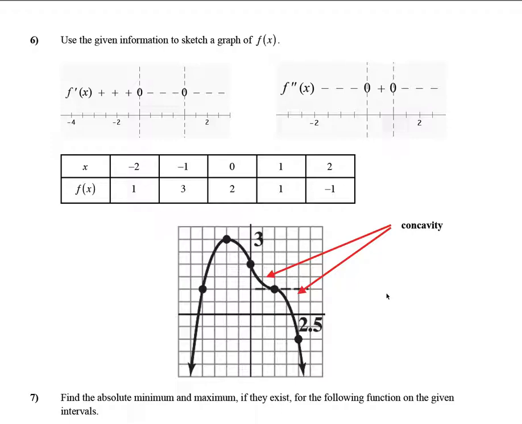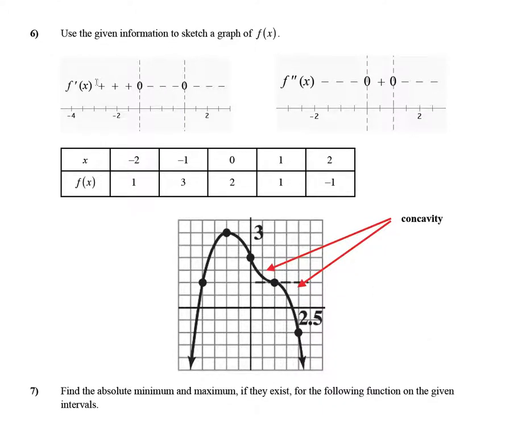There are very weird numbers, coefficients, and whatnot that would give us this, but that's for another class in the future. So you have the points, and now all you need is to compare the increase-decrease and the concavity, and